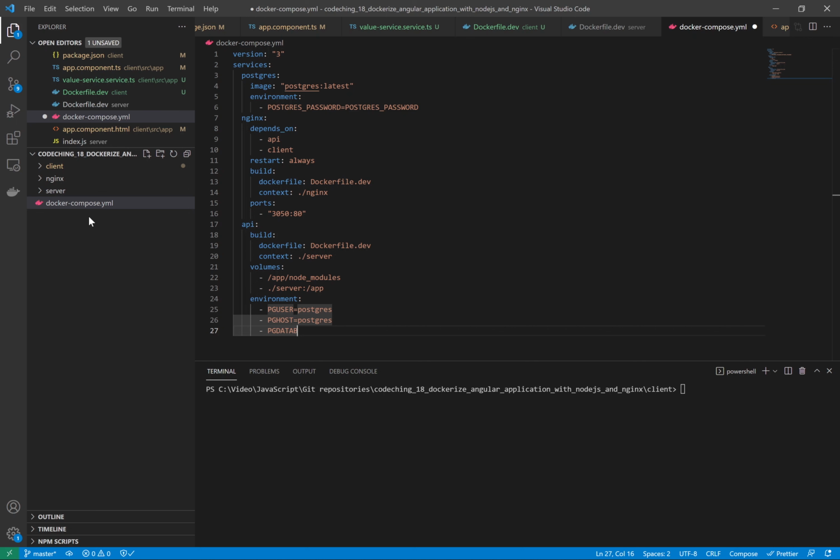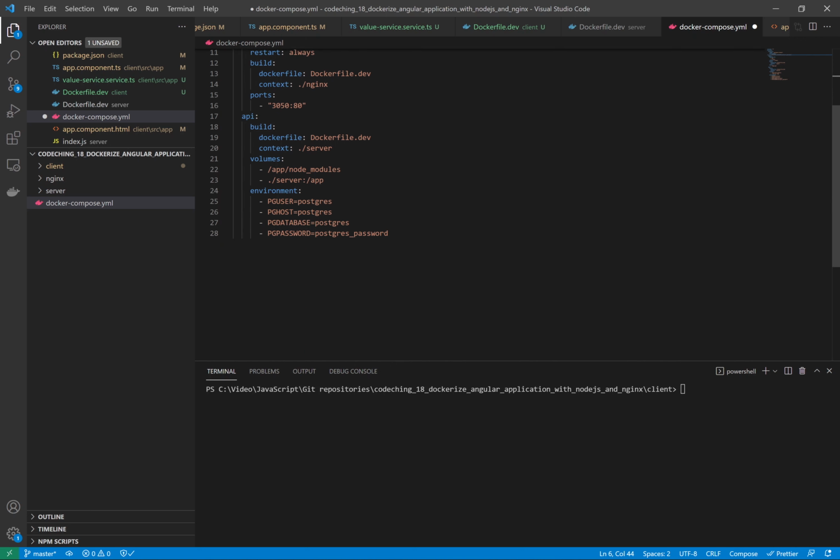Okay, PGUSER, PGHOST, PGDATABASE, and PGPASSWORD, which is the Postgres password, but I have to make the upper one lowercase as well here in the Postgres service. I want it to be lowercase. Now PGPORT is 5432, and